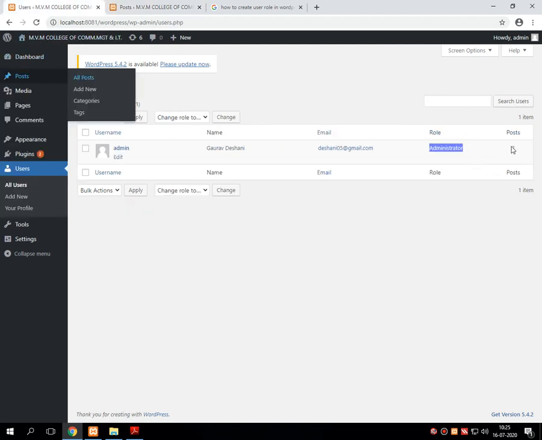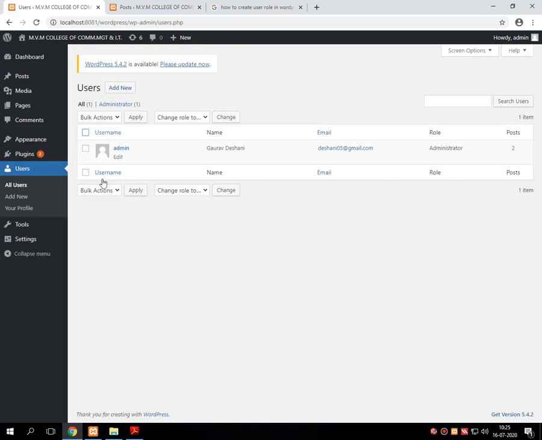So all these things will be displayed over here. Even once the user is created, you can directly delete that particular user from the listing also. Now, this was all about editing the user.